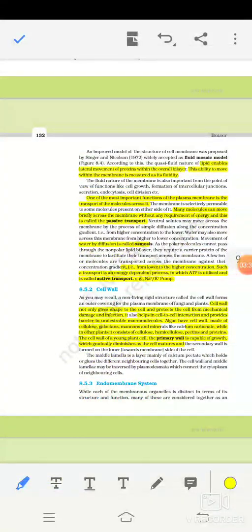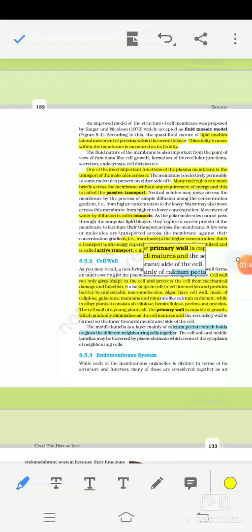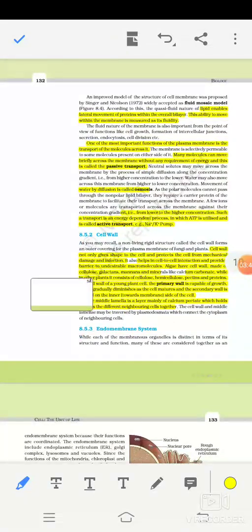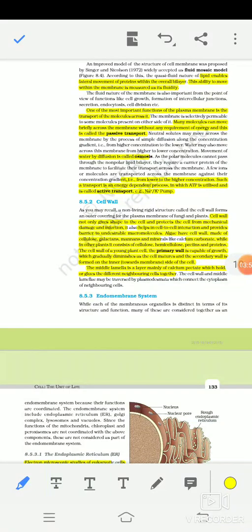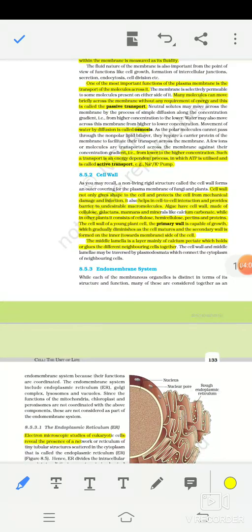Lipids enable the lateral movement of proteins within the overall bilayer. This ability to move within the membrane is measured as its fluidity. One of the most important features of the plasma membrane is the transport of molecules across it. Many molecules can move across the membrane without any requirement of energy, and this is called passive transport. Movement of water by diffusion is called osmosis. Transport from lower to higher concentration is an energy-dependent process in which ATP is utilized,